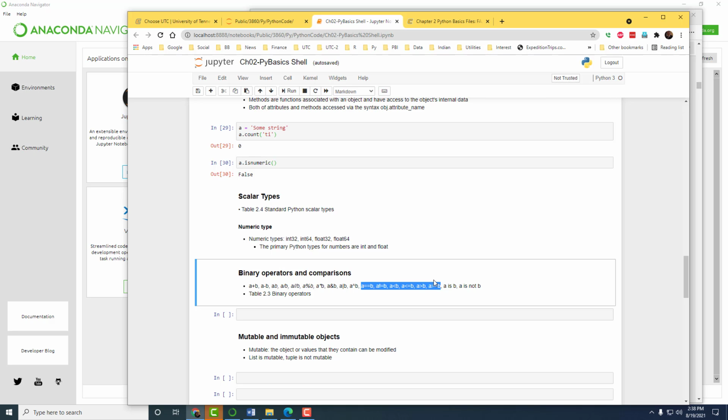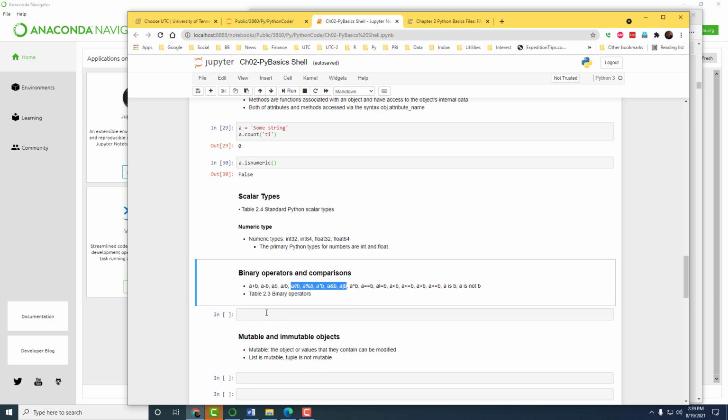A is b as well, and then a is not b. All of these are understandable. Now a caret b, that again is a to the power of b. Everybody knows that. Now these are the operators that we need to go over and understand what they mean.